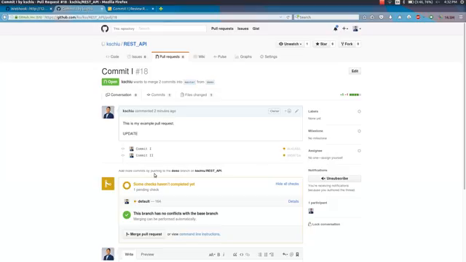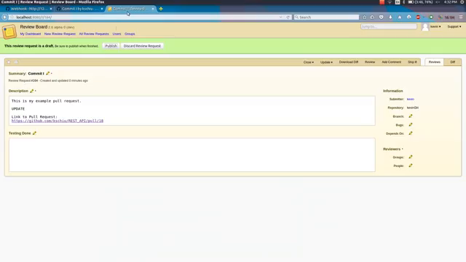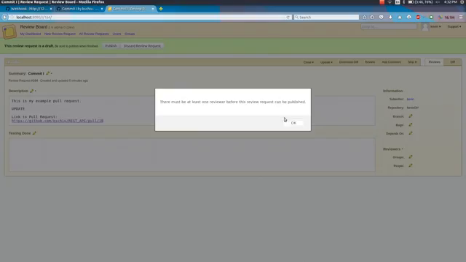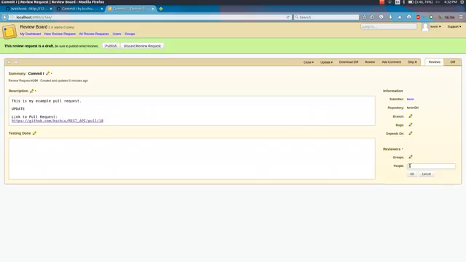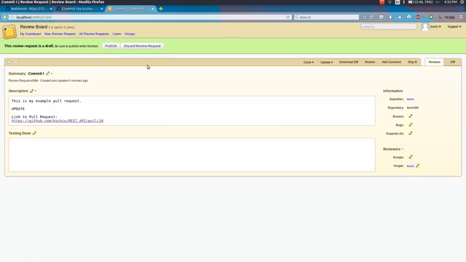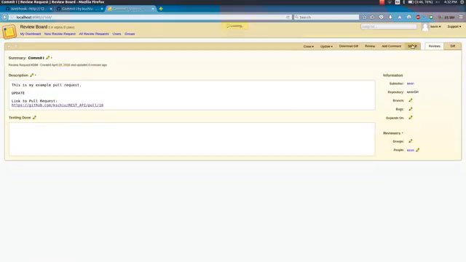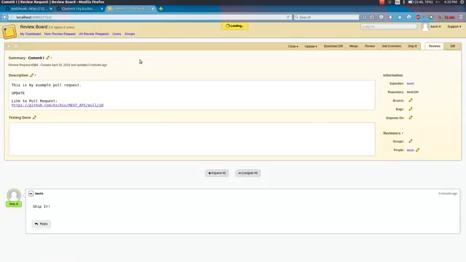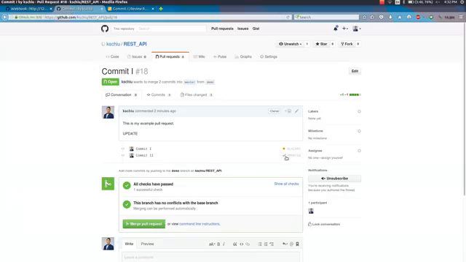I've tagged commit 2 with a pending status, but after this publishes, okay, I need at least one reviewer. I'm going to go and put myself. Great, so I'm going to publish this, and this looks good to me, so I'm going to give it the ship it review. So I'll post that. So I have the ship it here, and now we can go back to GitHub, and we see that our